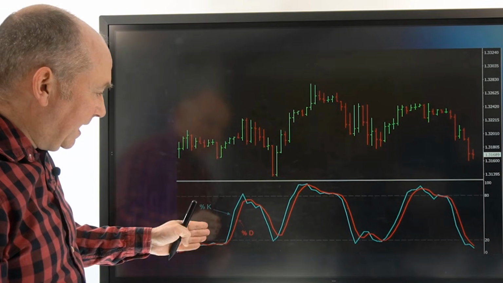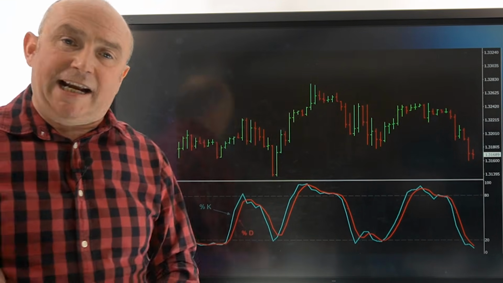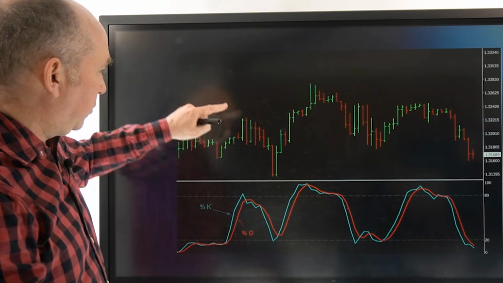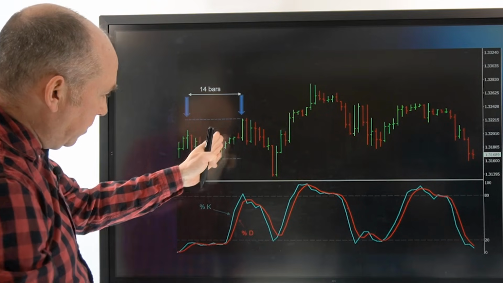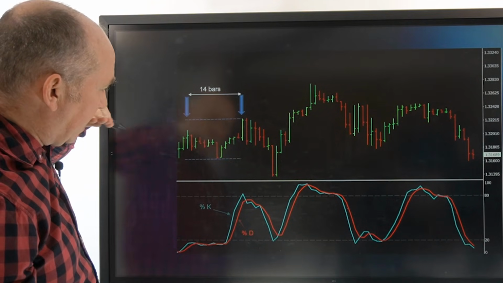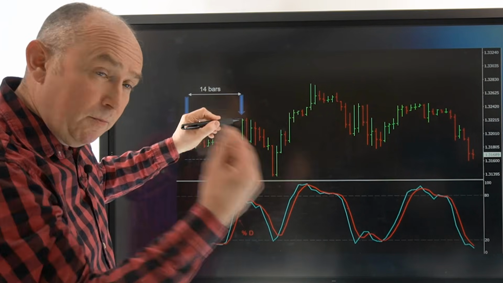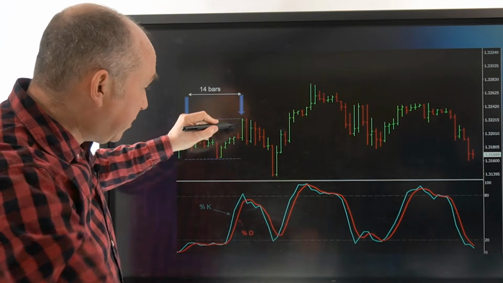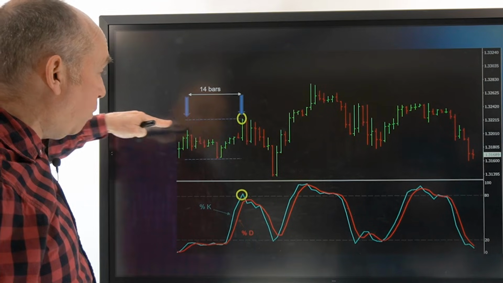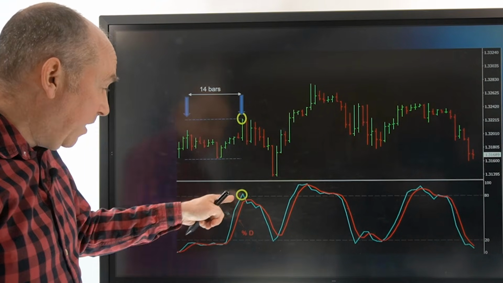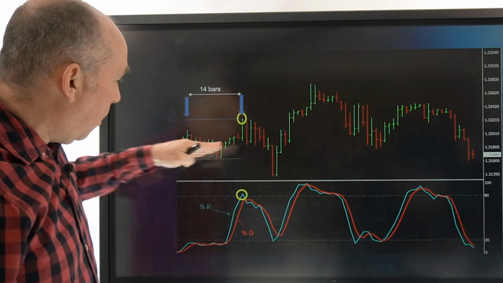So you've got the K line, that is the stochastic line. That basically is represented in blue, and you've got the moving average of the K line in red. That's basically how it will look on the chart. Now look here, we've got a range of 14 bars, looking back, and the high in that 14 bar look back was around there, and the low was down there. But price, remember on a bar chart, the horizontal line to the right shows you where it closed. Basically prices closed pretty much at the top of that 14 bar range, and that is reflected there on the K line. So you see it's at an all-time high, or recent high I should say, of that 14 bar,